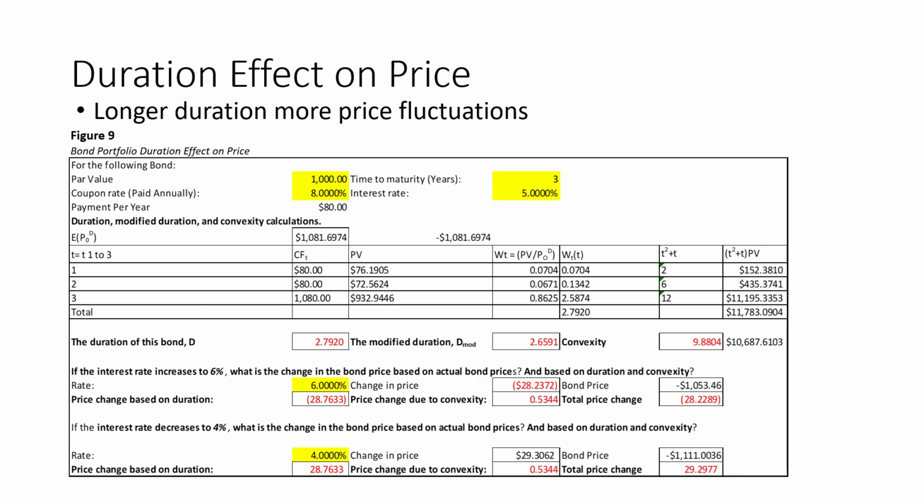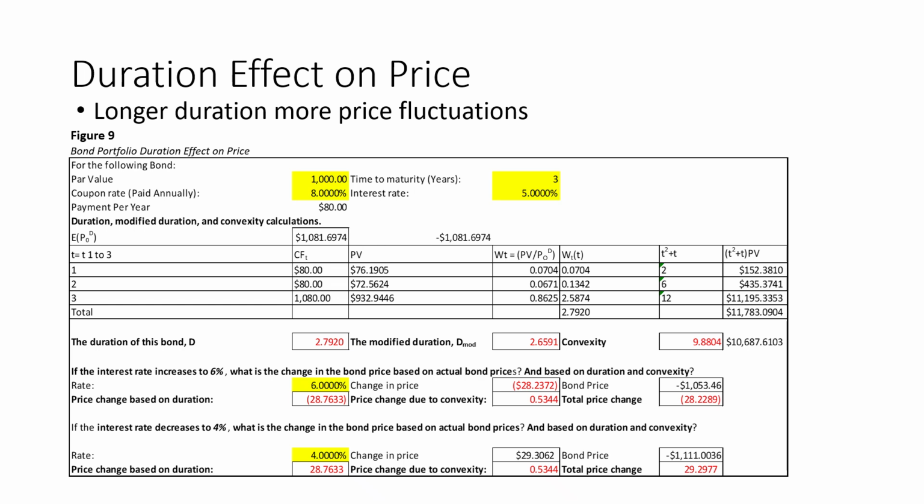Figure 9 shows a 3-year time to maturity bond with a face value of $1,000 and an 8% coupon rate paid annually at $80 per year, and a bond price of $1,081.70. By calculating the weighted averages of the discounted cash flows, we arrive at a duration for the bond of 2.792 years. The change in price if the market interest rate is 6% instead of the coupon rate of 8%